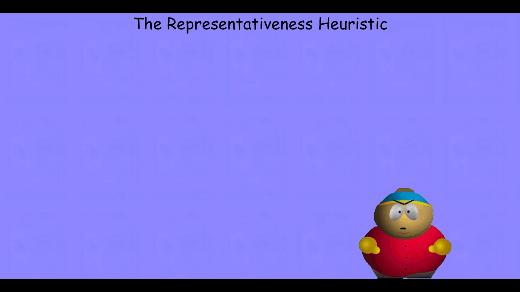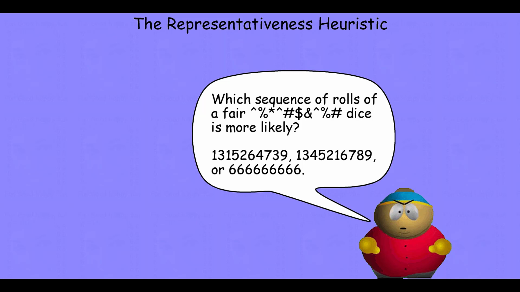We're going to finish out this lecture by going through some of the ways in which the representativeness heuristic is thought to lead to systematic errors. The first example here is a case where we make an inference about a random process. We expect the outcomes of random processes to look random.